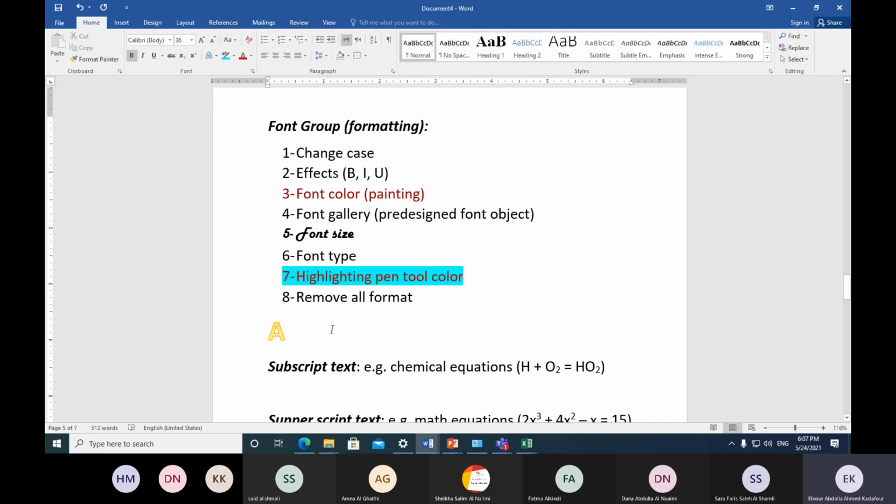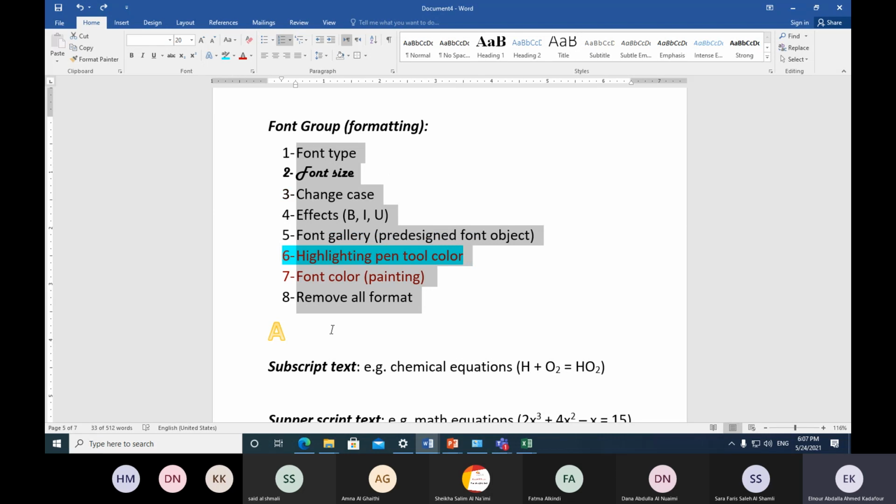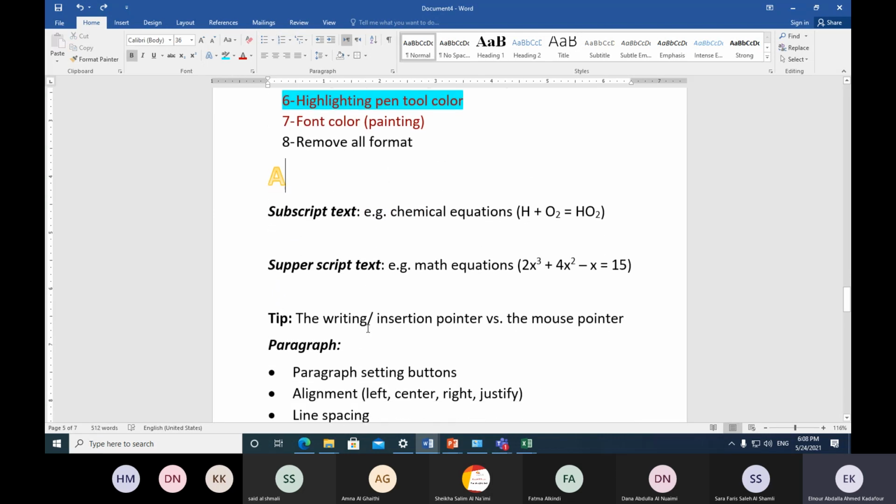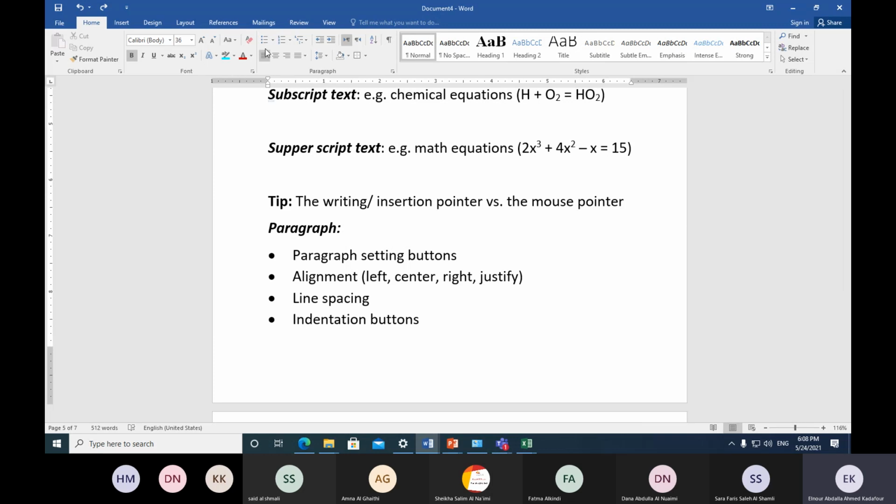Yes, it is like that. If the order represents importance for me, so I will do it in such a way. That's it. Okay, so we are almost completing the paragraph